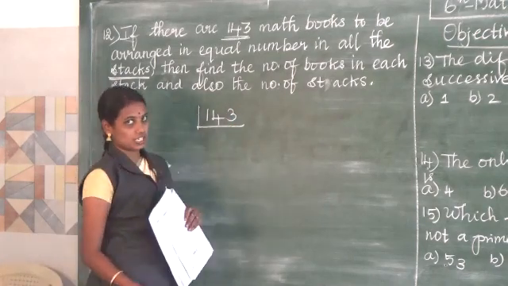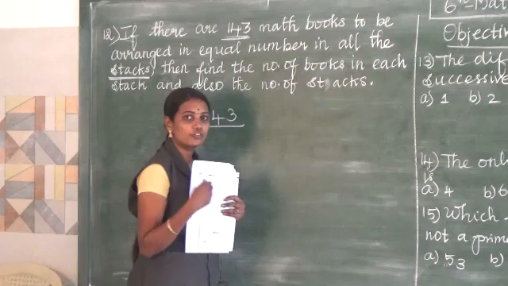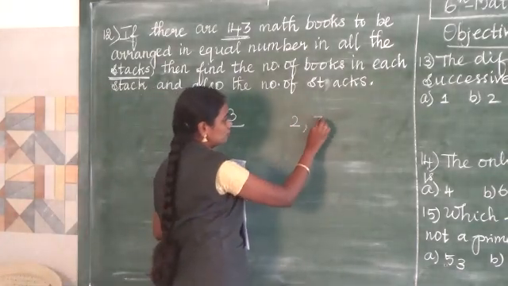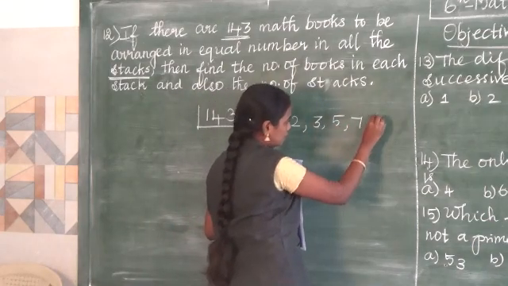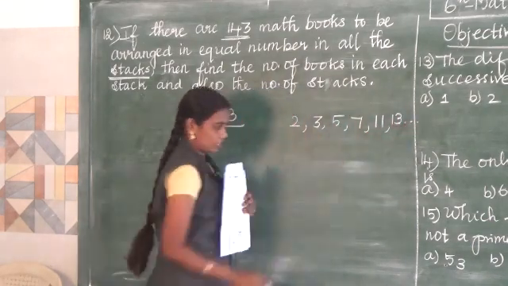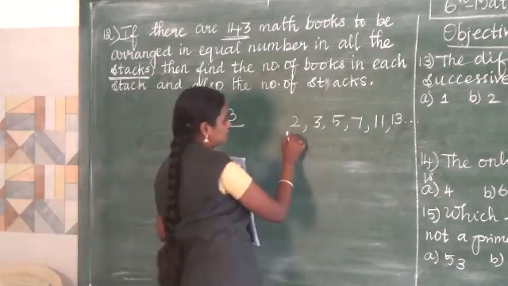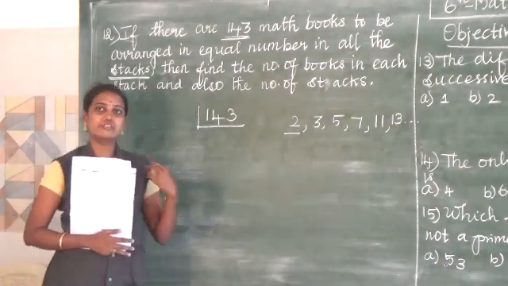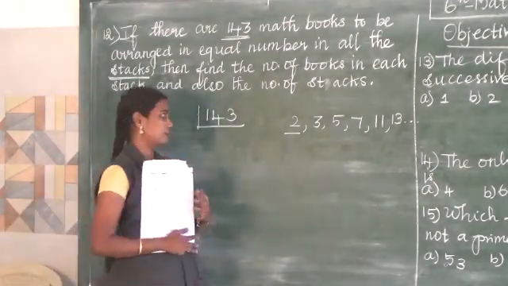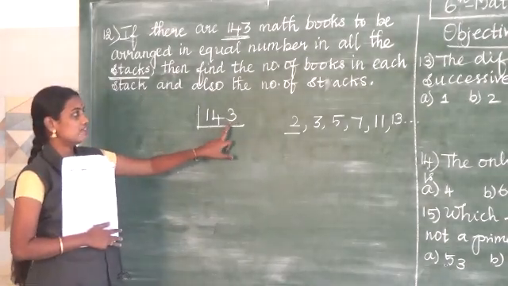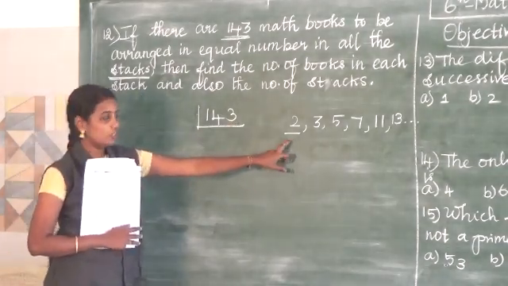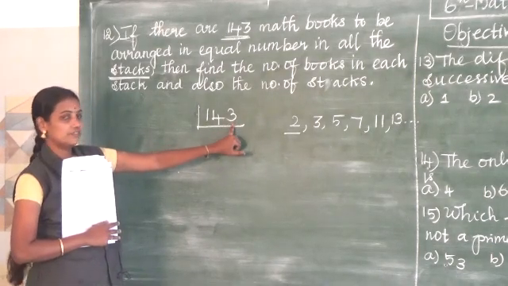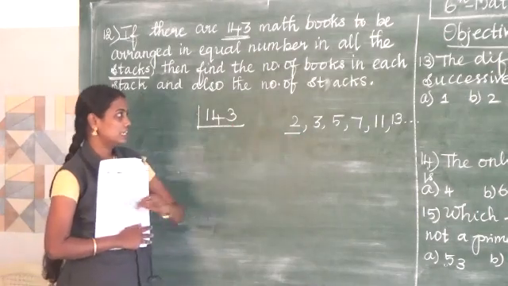Once again I recall the prime numbers. Don't go for every number, we should use only prime numbers. Prime numbers start from 2, 3, 5, 7, 11, 13 and go on. We always check from 2. We have learned the divisibility rules, and using them we can easily check the numbers. If it ends with an even number, it is divisible by 2. It does not end with an even number, it is 3, so it is not divisible by 2. Then go for 3.